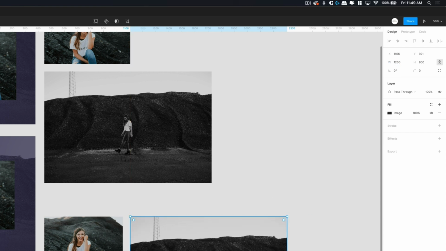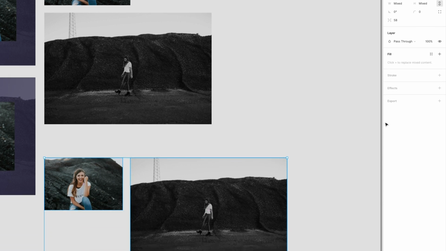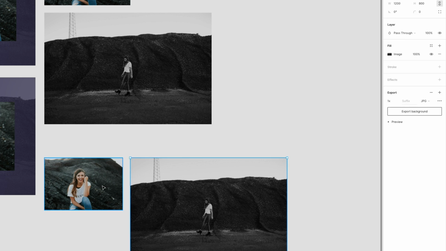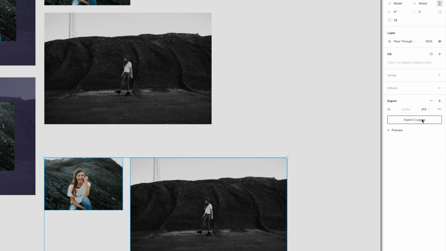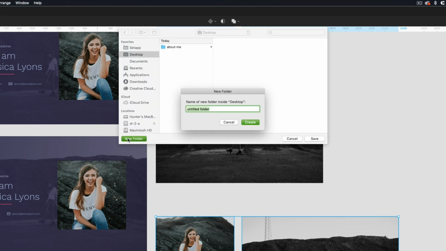So now that those are scaled down, what I can do is I can select both of these, come over to export, and then we're going to export this as a JPEG. Now, the reason we're not doing it as a PNG is that it's just unnecessary for this, and this file size is just going to be way too big. And JPEG makes a lot more sense here for images like this. So with those selected, we can come in and say export the 2 layers, and then we can save this wherever we want. So I can just go ahead and create a new folder here called images, and then export